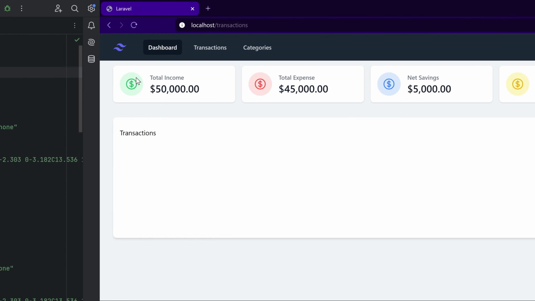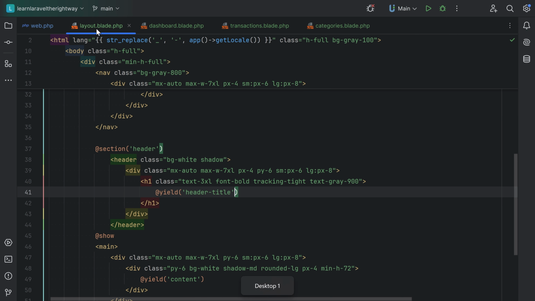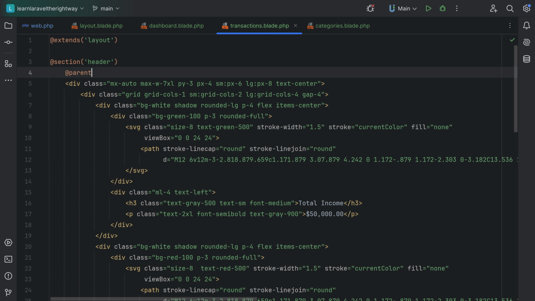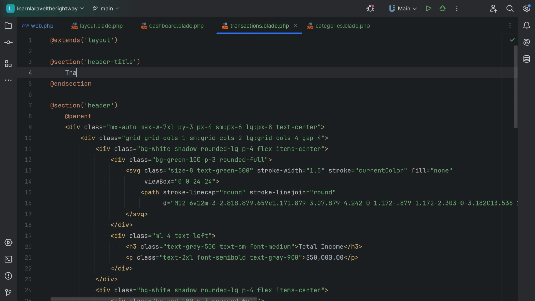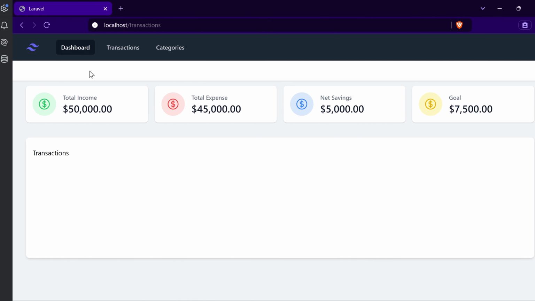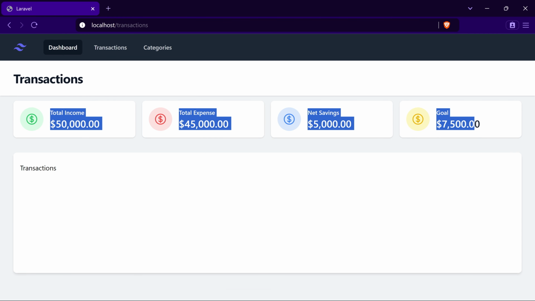So in this case, now if we go back and refresh, we see that we have the header, but we are simply adding our own custom markup to that header. Now it's blank here because I don't have the default header title, so we kind of have to do the same here as well. So let's do that, call it transactions, and let's refresh the page. And as you can see, we have the dashboard, transactions, categories, and in transactions, we are basically extending the main